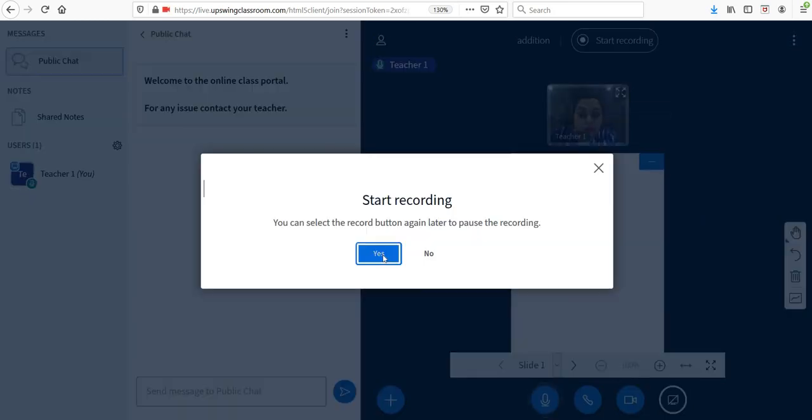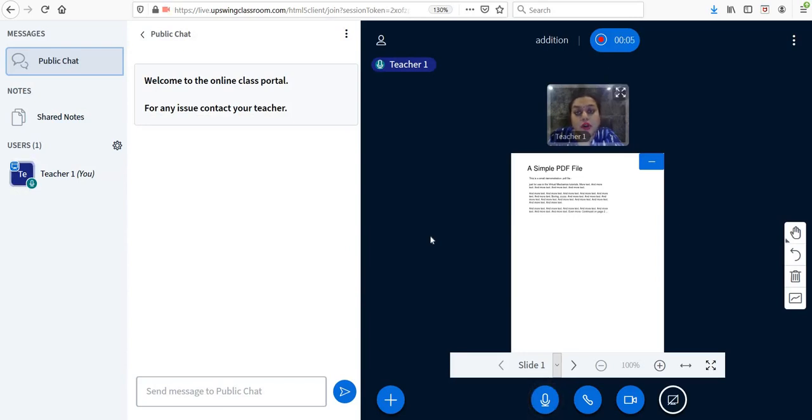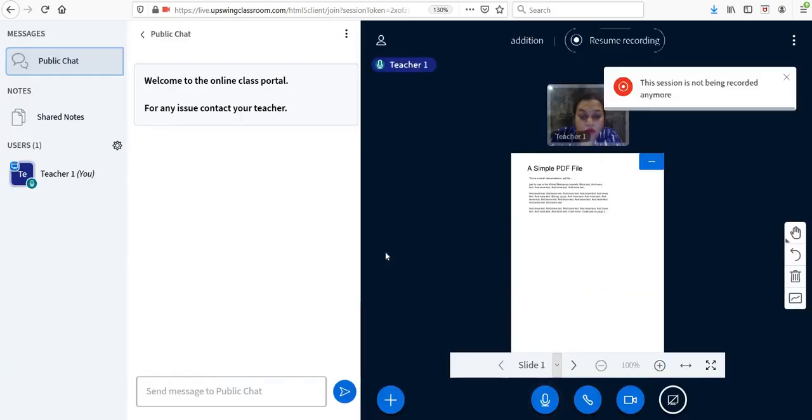Okay. So I do have a record button over here. This will allow me to record my class, which will be available for the students who have not attended my class for that particular day or that particular period. So this will allow me to record my session throughout without any issues. I can pause my recording as and when I want, and in case I want to resume it after some time, I can resume it.